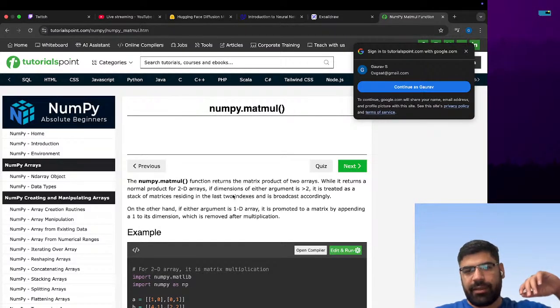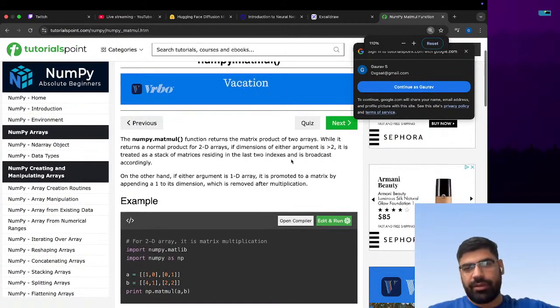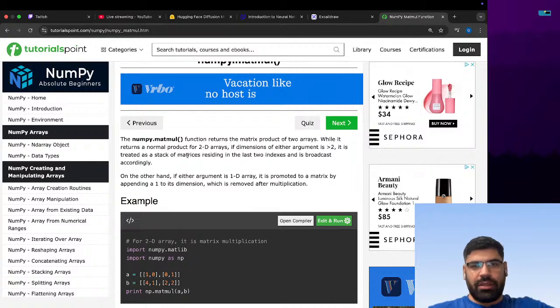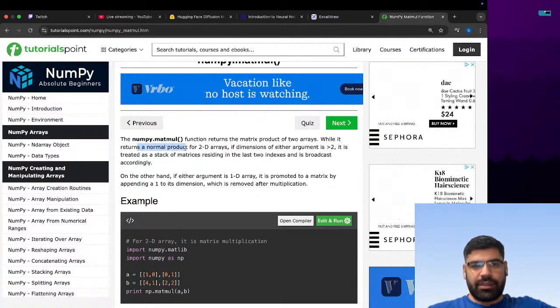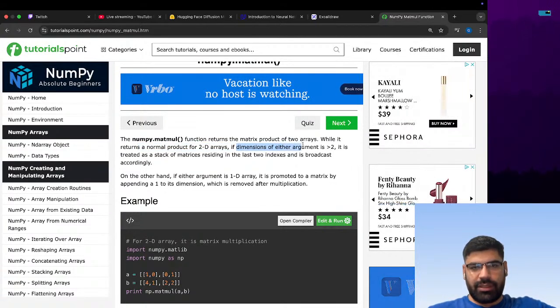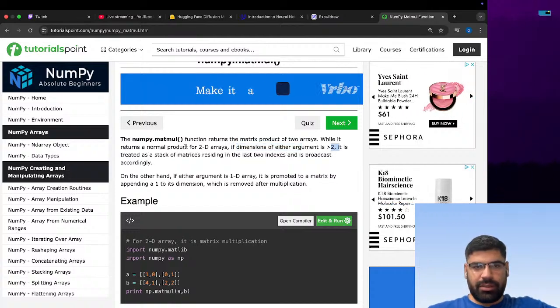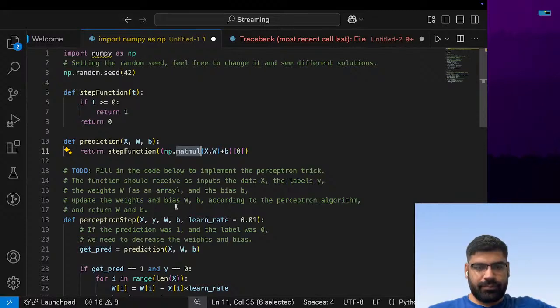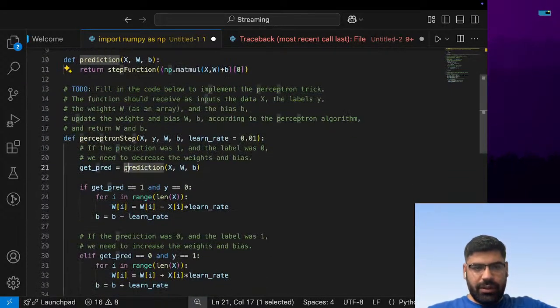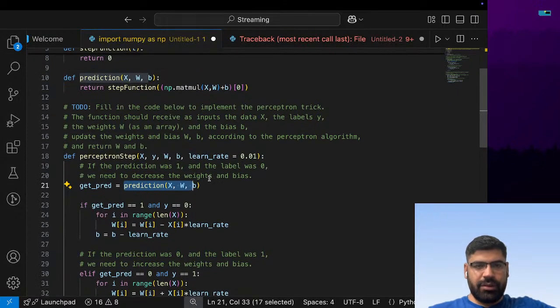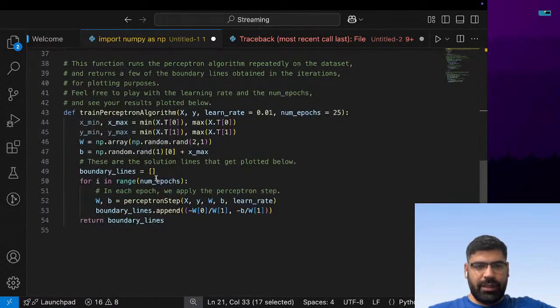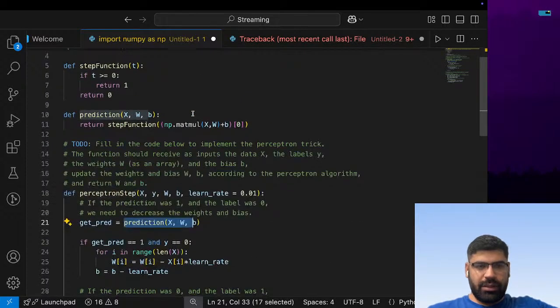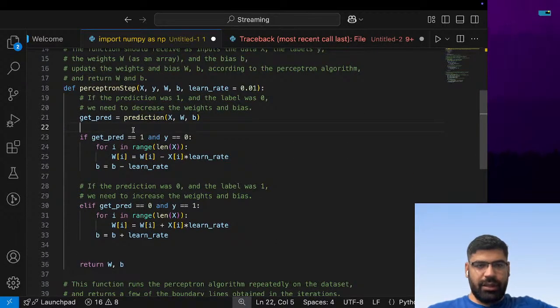The matmul function returns the matrix product of two arrays. Okay, it's going to return an array. While it returns a normal product of 2D arrays, if the dimensions are greater than 2, it is okay. So it's going to return me an array. That's my mistake. So it will return an array, the predictions, and I have y, which should be an array itself as well, right? So I have to, for every array,